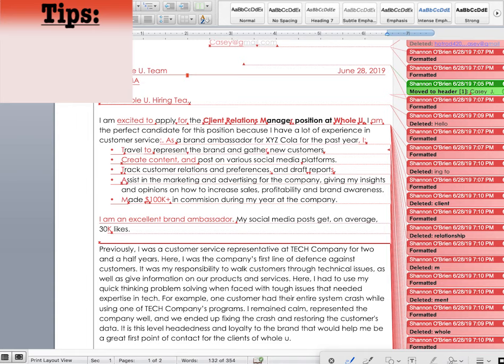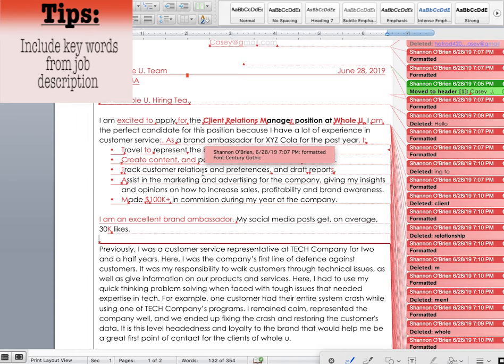Now, when we were talking about bolding, it's a very good idea to take words that you have highlighted from your cover letter alignment exercise, where you put the job description in one column on the left-hand side, and on the right-hand side column you write your comparable experience. So picking out keywords to highlight from that right-hand column, here is where you could bold certain words that would indicate